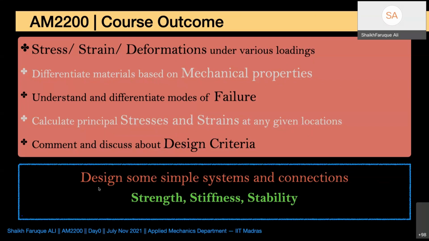While doing this, you need to understand three things about a structure: strength, stiffness, and stability. All those three will be part of this course, and these three S's, we call triple S, are going to be the pillar of the strength of materials course. So you have to look at this course from the understanding of strength of structures that are made, stiffness, and stability. We'll define all these as we go ahead. At the end of the course, you have to ask yourself about this slide.